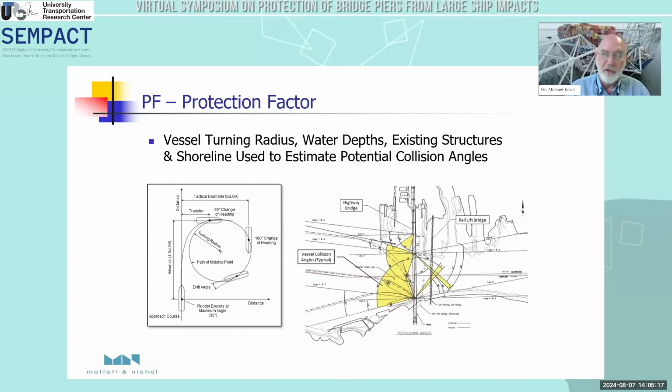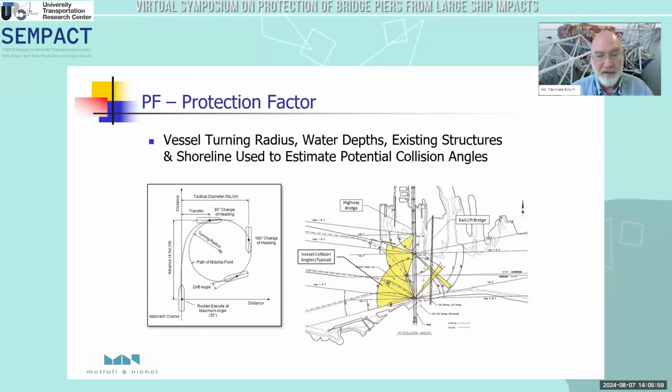When vessels are in trouble, oftentimes, if they're not moving straight, they're moving in a turn associated with the rudder at a maximum angle. This runs to be about 3.5 times the LOA of the vessel for the turning diameter. And so we oftentimes will take a vessel in a waterway and, using this as a vessel path, look at the different angles a ship or a barge might hit a bridge pier. The yellow segments in the graphic on the right are where the pier is exposed to collision and where you would consider putting pier protection devices to protect it.